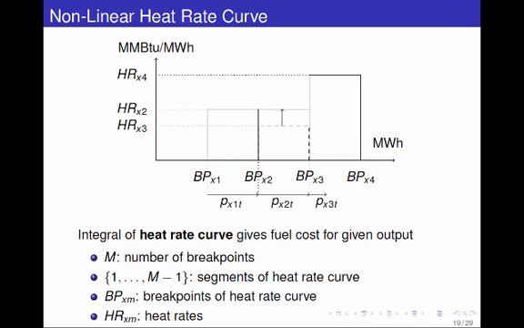Plus the integral of this thing here up to the production level. This is how to interpret this mapping. You tell me your power output from that state. The fuel cost is the integral up to that output level. So if you think about how I can model this as a